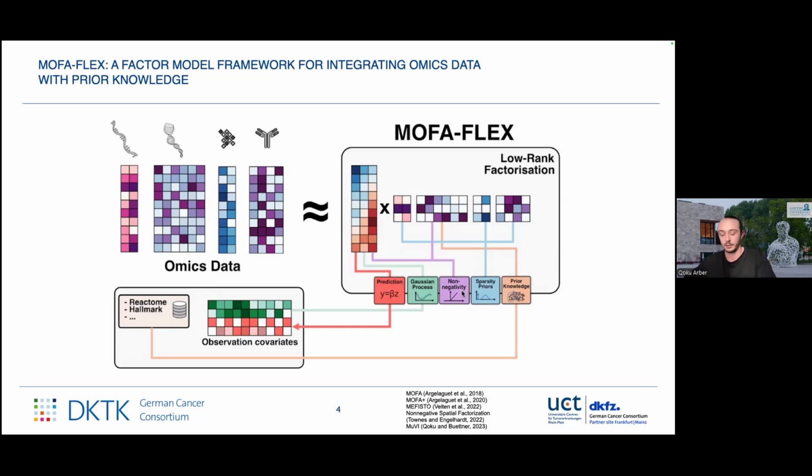Then we also add other modules like a non-negativity constraint, because as you know, single cell data usually consist of count data and then undergo some sort of normalization or log transformation process, and you end up with non-negative data with lots of sparsity. So in order to account for this excessive zero-inflated sparsity, we introduced a non-negativity constraint. So basically the results are even more interpretable because they are bounded by zero.